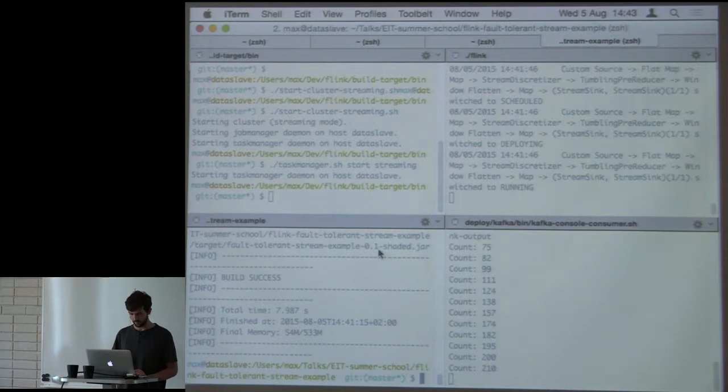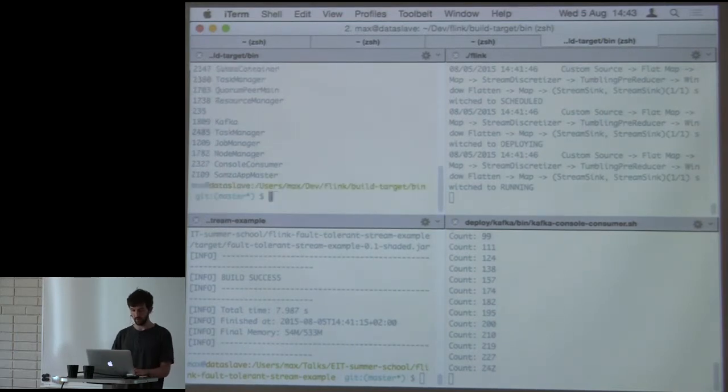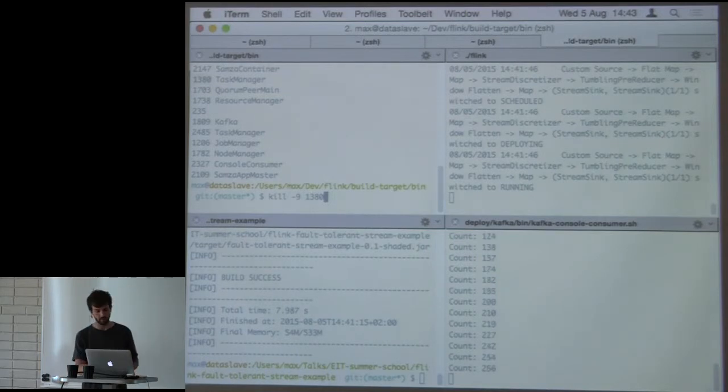So what I will do now is kill one of the task managers. You can see them here running as processes. It will probably be the one with the lower PID. If not, then we can retry it. So now I'm killing it,